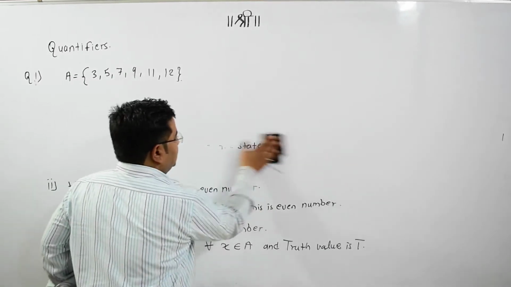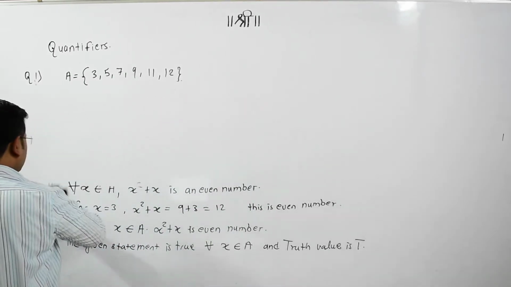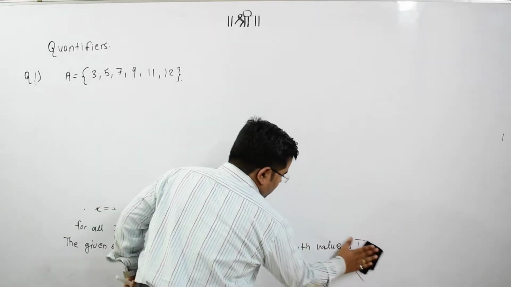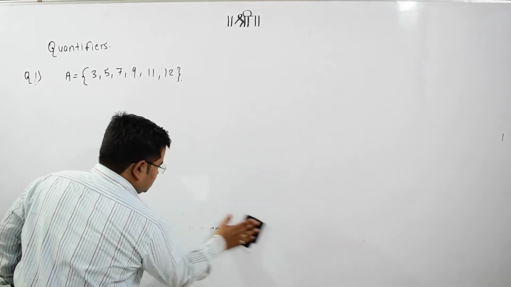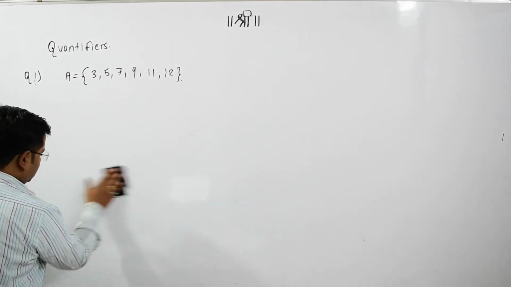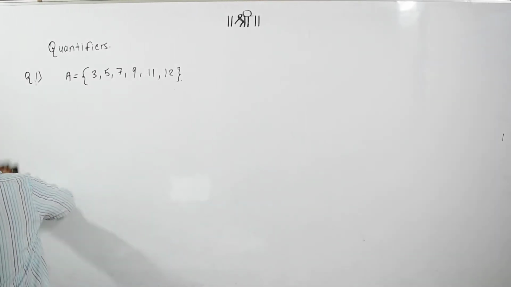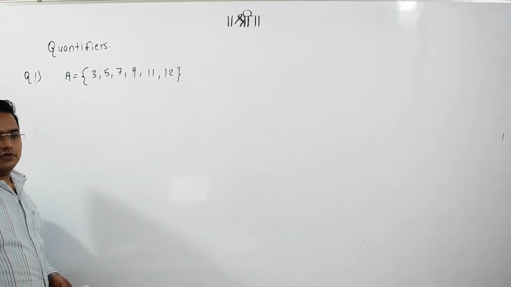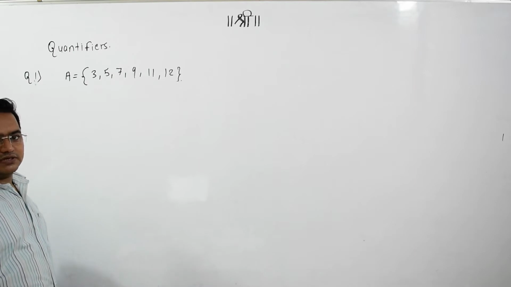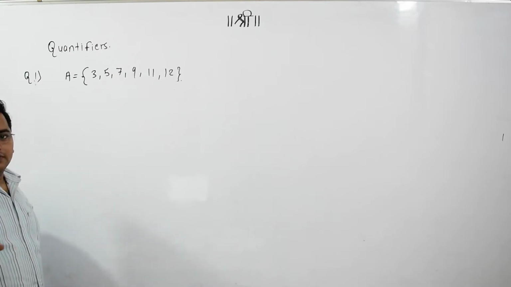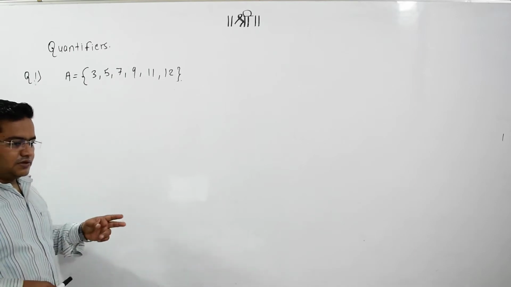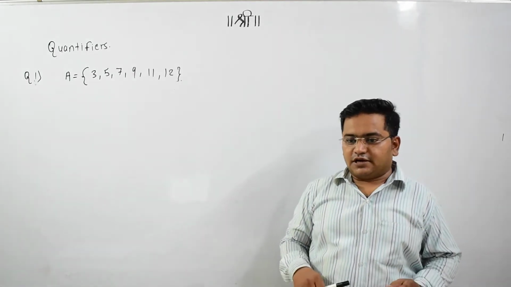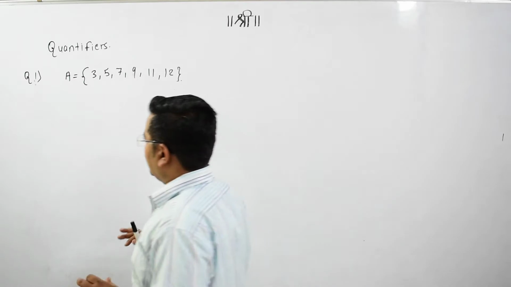Hope you are getting these values, how to quantify them and what the meaning of those x's is, with those symbols. So don't get confused. It's a very easy process and this will be asked for only 1 mark. We need to find out the truth value of this question. They will give you 2 to 3 equations, out of which we need to find the truth values. So that's how we need to quantify them.